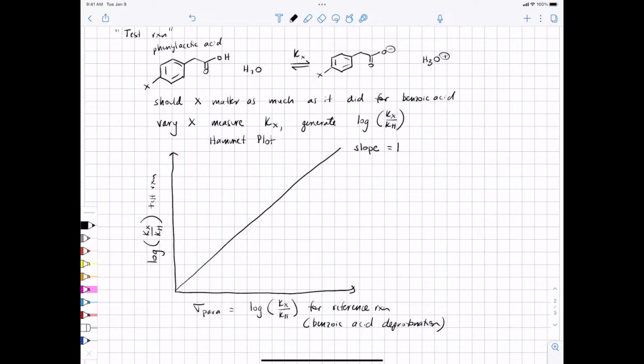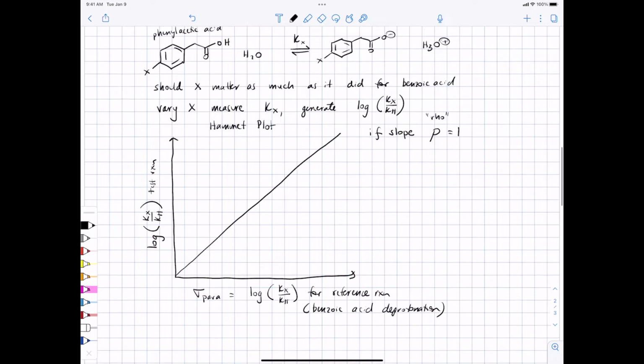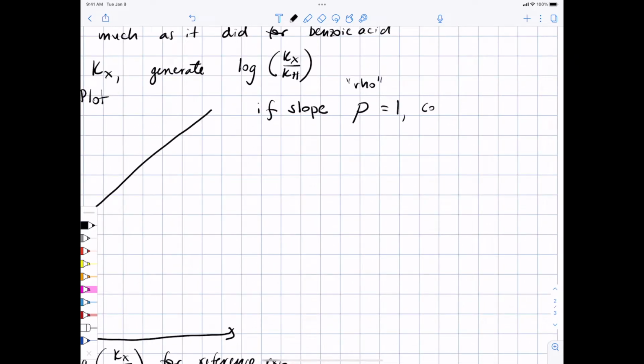Then we would conclude... and we're going to give the slope actually a symbol, and that is the Greek letter rho. If slope equals 1, then we conclude